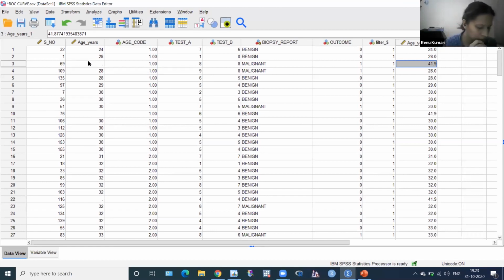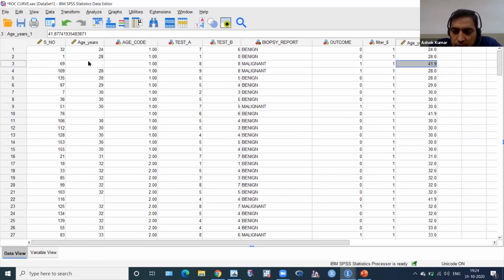And Madam Riju Dekash has a question. What is the cutoff for omitting the intermediate results for the ROC curve? I'm not getting what ma'am wants to ask, because this is not a cutoff. Otherwise you have to repeat the sample. Like in corona we are getting intermediate results, then we have to repeat that.